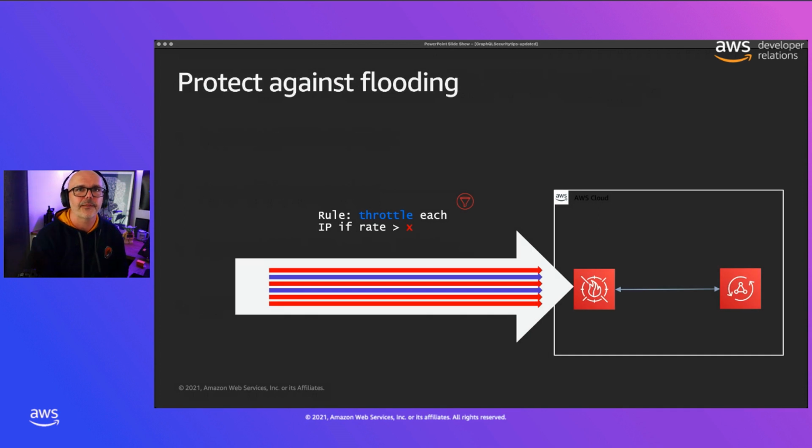So let's talk about flooding. Protecting against flooding is when we can use WAF as an access control list that you can configure inside AWS. You can do this by setting up a rule that will throttle requests that come from individual IPs. So if you've exceeded a certain rate per 5 minute segment, as an example, that will then start to throttle. This is a good rule you can set up to protect against flooding, the bad actors that try to overwhelm your API.